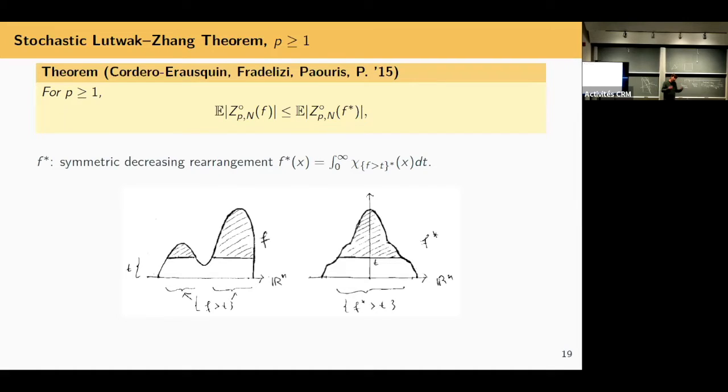So it's an inequality that holds not only in the limit, but as you do this random approximation in a body and in a ball, these things both converge to two bodies, which are the original things in the Lutwak-Zhang theorem. I stated this now not for sets, but for functions. I can rearrange sets, right? K became K star, which was just a ball. I do that by iterated Steiner symmetrizations. You can also rearrange functions just by the standard definition of the symmetric decreasing rearrangement: a function which is radially symmetric, decreasing, and equimeasurable. I construct that just by rearranging the level sets of f.